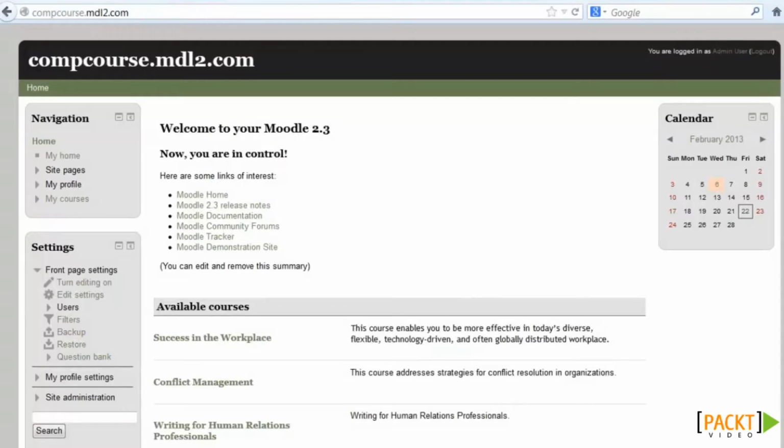You may be wondering about hosting your course in Moodle. Well, there are a number of options. You can download Moodle and host it on your own server, or you can use a service and have cloud hosting. I've selected